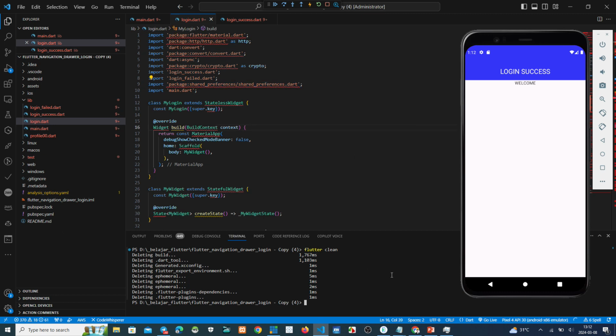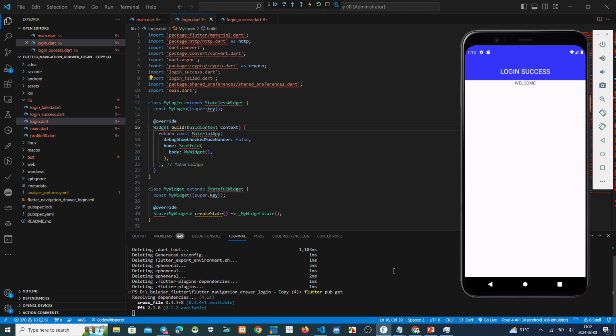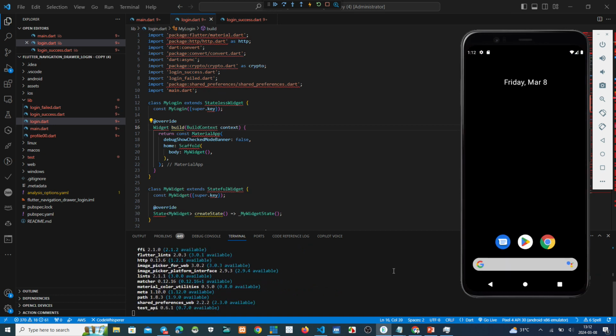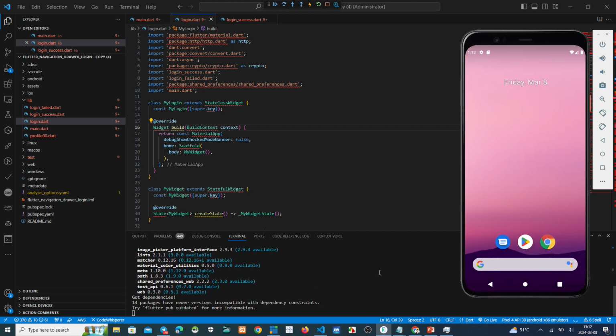Now we must get. Why is my computer so slow? Okay.